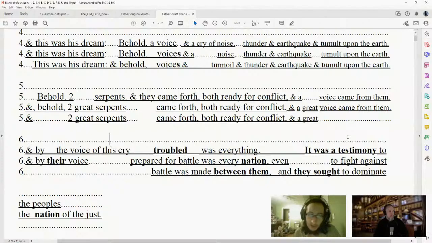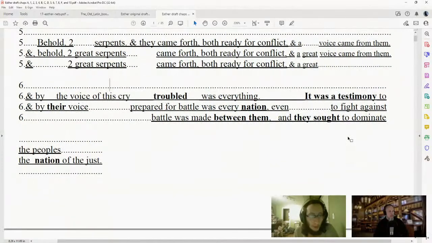Then you have verse 6, which is a little bit more confusing in terms of how the readings differ. It's a bit more different than the other verses so far. Now, strangely, we do want to point out the Septuagint version in verse 6 says, they sought to dominate the nation of the just, or the nation of the righteous. So that actually seems to be a suspicious reading,